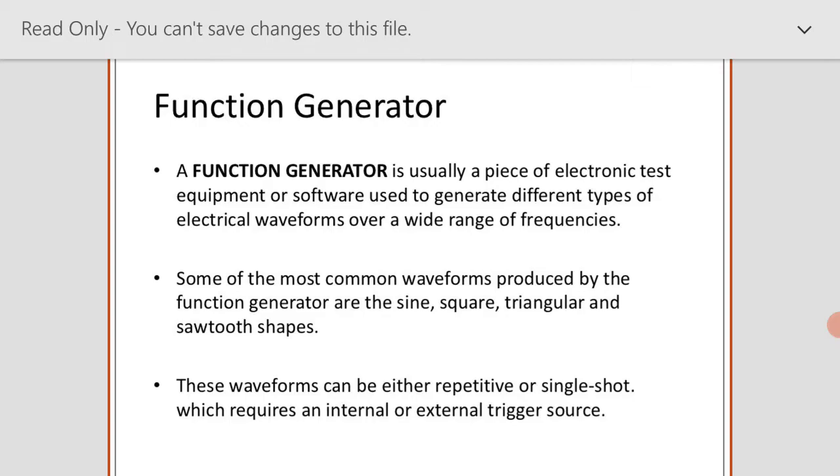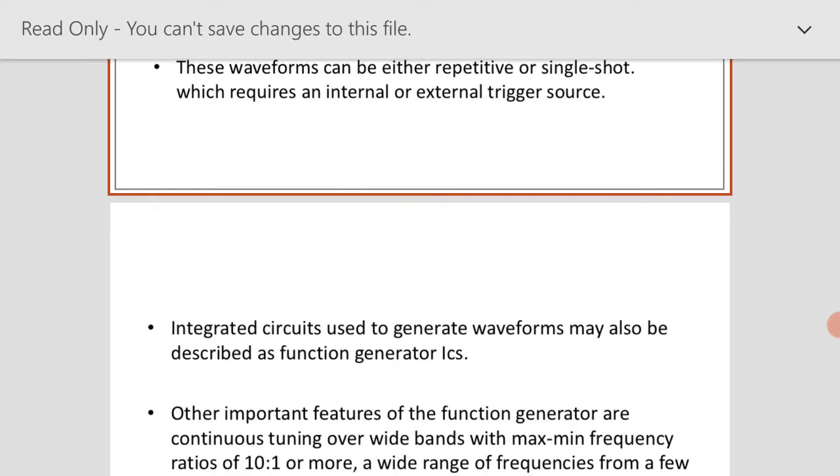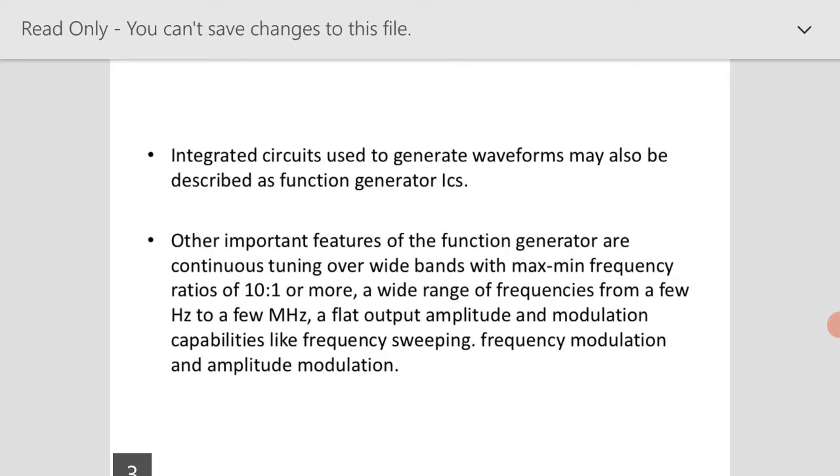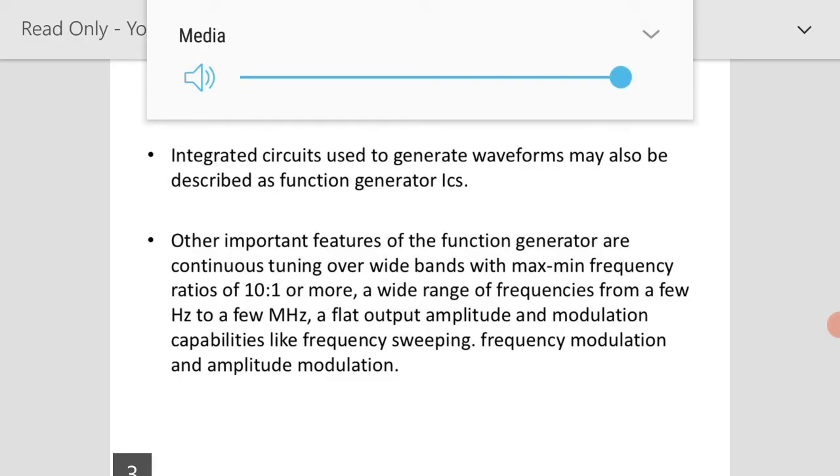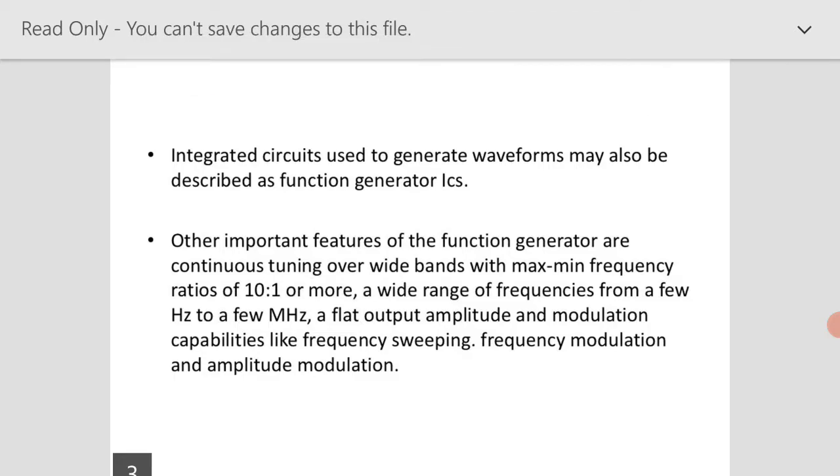These waveforms can be either repetitive or single shot, which requires an internal or external trigger source. Integrated circuits used to generate waveforms may also be described as function generator ICs. Other important features of the function generator are continuous tuning over wide bands with maximum to minimum frequency ratios of